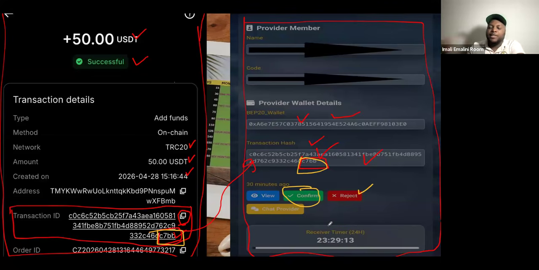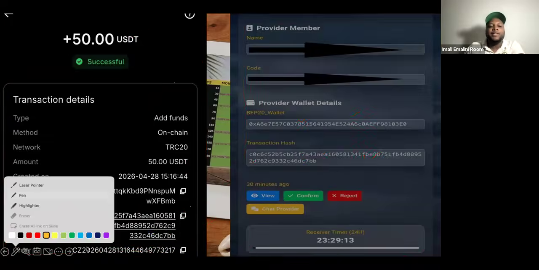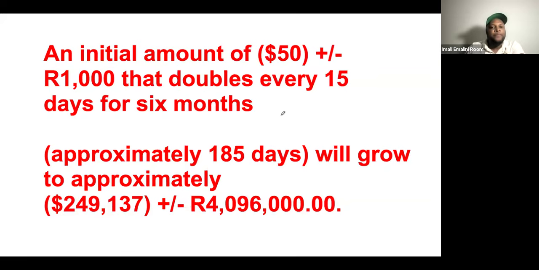There are videos circulating as well. We'll help you with that to understand. If you want to view this part, you come here and view it here. You see exactly it's the same, it matches, you confirm the payment. And you have seen the payment with your naked eye, very importantly. And that's how it works, ladies and gentlemen. That's how you turn less into big. That's how you make it magical.